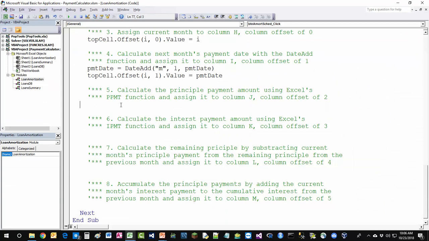The principal payment is calculated first in column J, which has the offset of 2 off of our reference column H, and the variable used to store temporarily the payment principal is PMT prints, and we're going to use a financial library and PPMT function to calculate the principal payment using the rate that was set above at the beginning, the current period 1, 2, 3, 4, and so forth, then